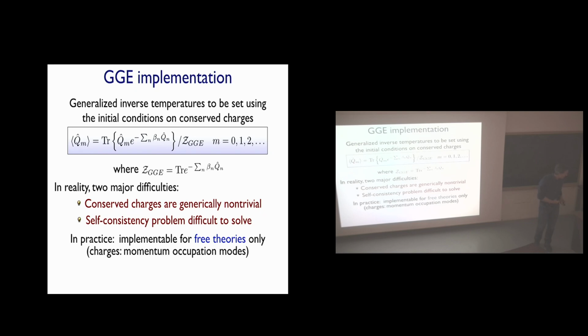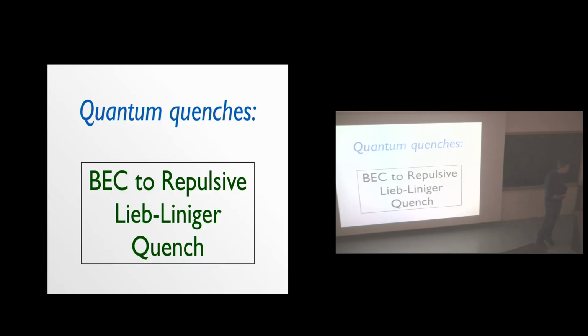Okay, so in practice, I would say that for truly interacting cases, it's really not understood in general. And another big weakness of the GGE is that this only codifies the state that you would obtain after waiting an infinite time after the quench. And of course, that's not what's experimentally accessible, and certainly not what's numerically accessible. What's experimentally accessible is something at finite time. Numerically also, you cannot go to infinite time on these things. So you can go to short times, but this is not accessible to GGE.